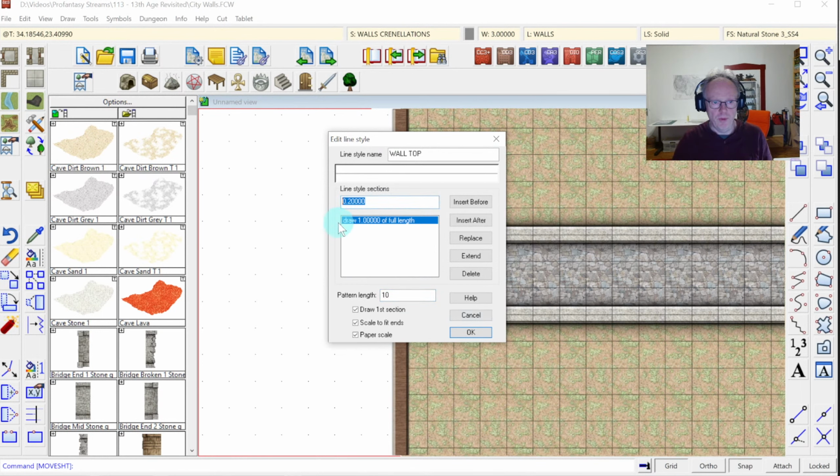And at the moment it just says draw 1.0 or 100% of the full length. So we'll just get a solid line again. This is basically the setting for the solid line. So what we're going to do is put in 0.5 for half and replace that, saying we are drawing now half of the full length, and then insert after that the next section is we skip half of the full length of the pattern for the next section. So we draw 5 feet of the line, then skip 5 feet of the line,